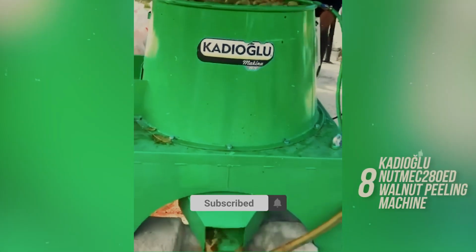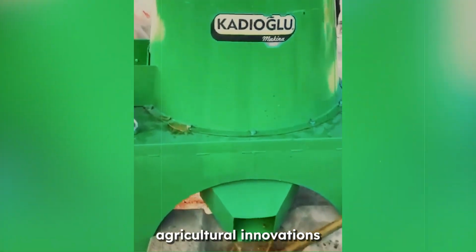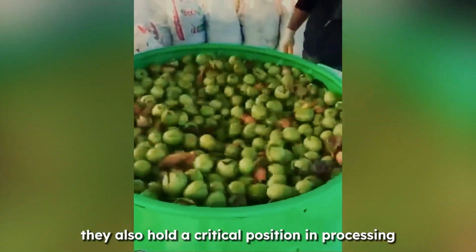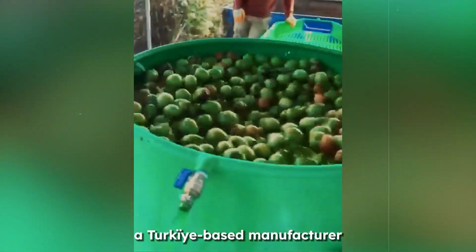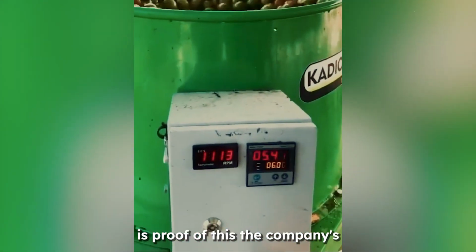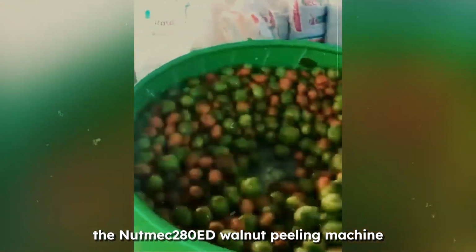Kodoglo Nutmeg 280 ED Walnut Peeling Machine. Agricultural innovations are not just limited to planting and harvesting, they also hold a critical position in processing. Kodoglo Nut Equipment Company, a Turkey-based manufacturer focusing primarily on nut equipment, is proof of this. The company's about 50 years of experience are properly displayed in one of its finest works, the Nutmeg 280 ED